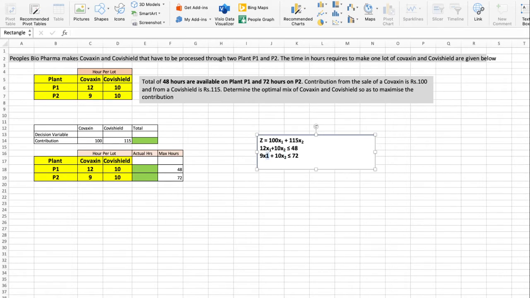Next you can put x1 greater than or equal to 0, and x2 greater than or equal to 0.